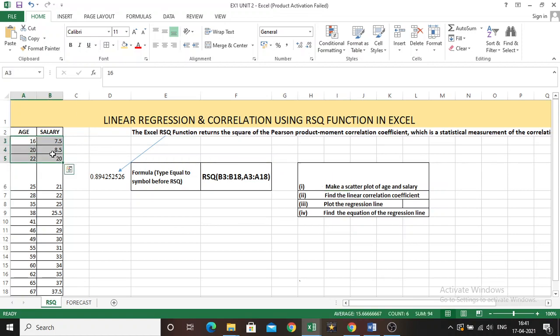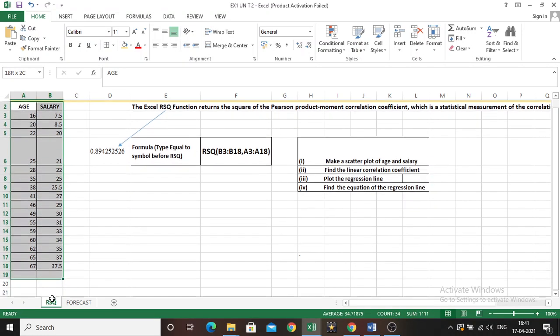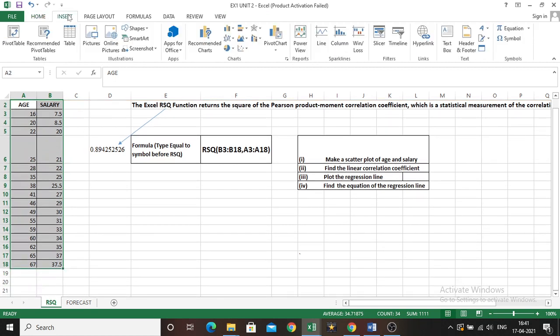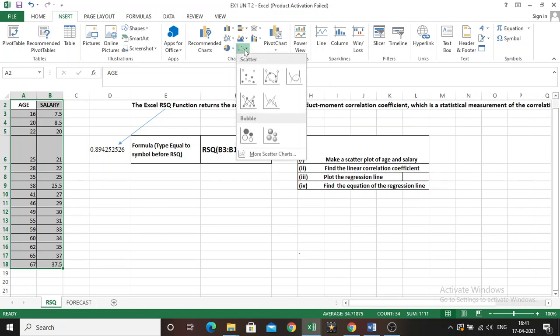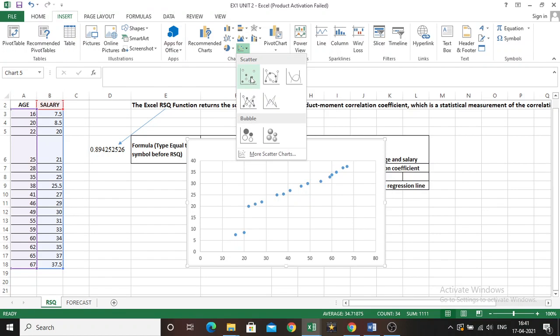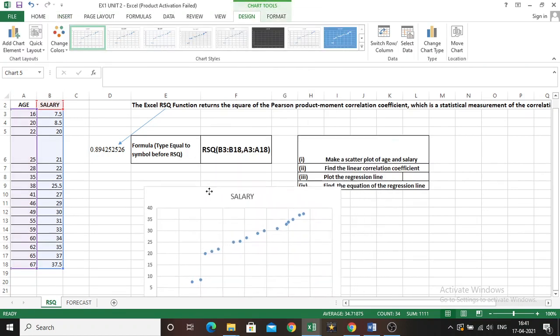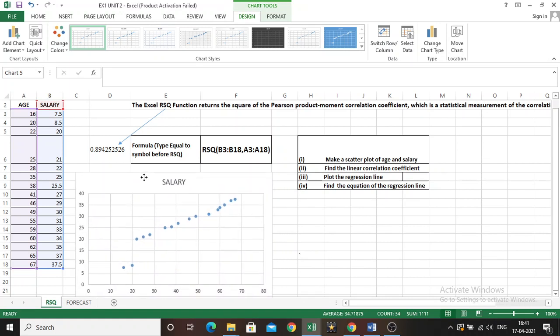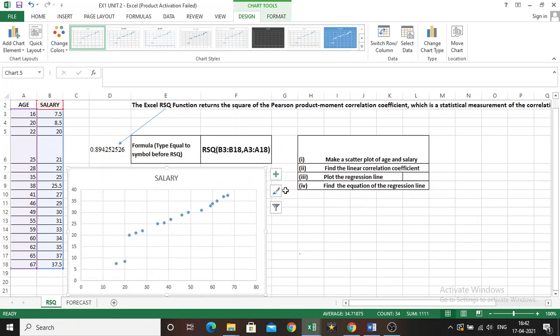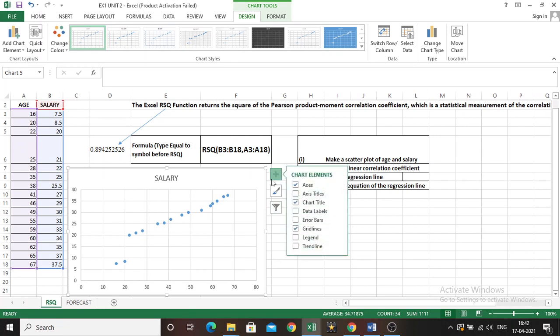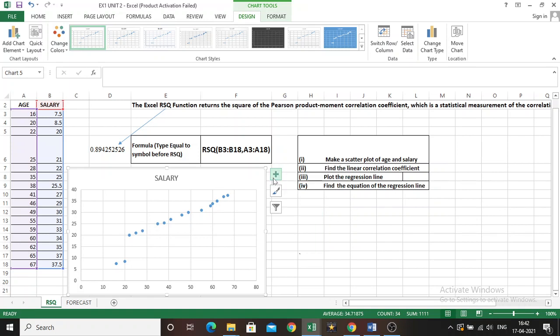For that, first we have to select the data, the entire data including the label, then go to the Insert menu. In the Insert menu we have Recommended Charts. Under that, the last one is Insert Scatter or Bubble Chart, so select that. After that you can select any one of your choice. Now we have inserted the scatter plot for the given data. As you know, this plus symbol will help us to edit the chart, but right now I am not going to do any editing of the scatter plot, so I am going to leave it as such.